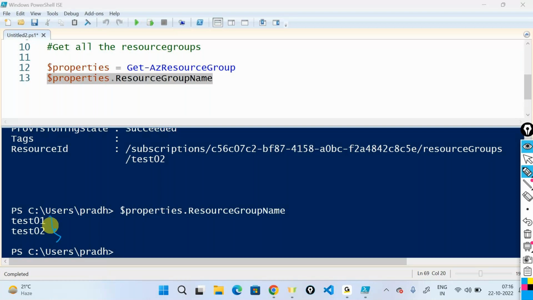So it's now getting me all those properties, or let's say just the name values out here, which is test01 and test02. So if I store it in a variable, I'll be able to perform this particular operation. I'll be able to filter out the specific properties of that variable, because this variable, if you just execute it the way it is,